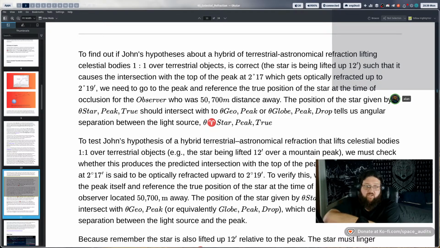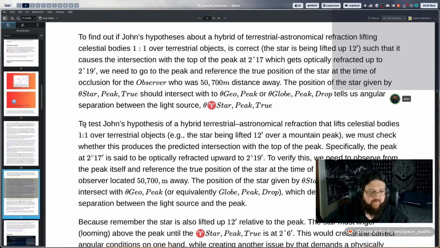We would need to reference the star's true position at the peak at the time of occlusion for the observer, who is 50,000.7 meters away. The position of the star is given by the true position with respect to the peak, and that should intersect with the geometric peak or the geometric globe peak, which will tell us the angular separation between the light source and the true position of the peak at the time,